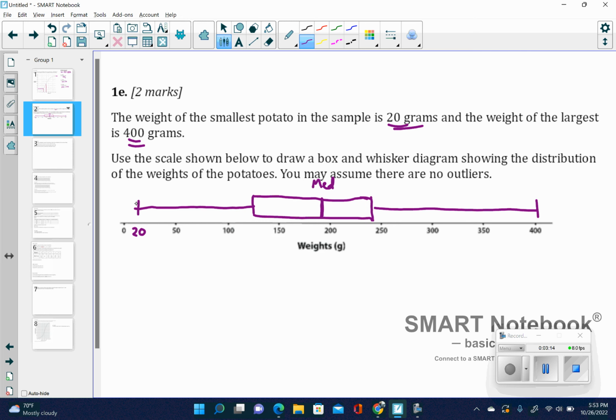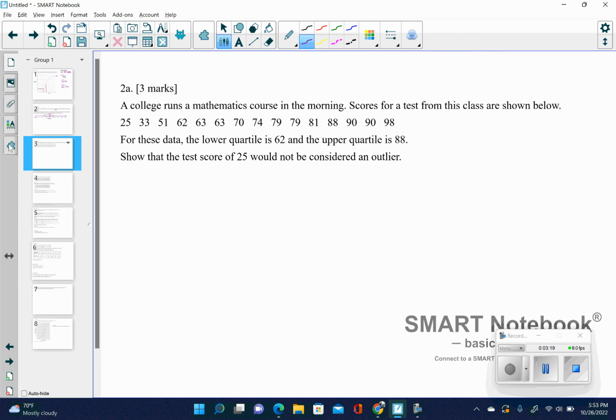Okay, all right, next. The next one is a straight calculator question, but you do need to know a formula for this. Since we're looking at the lower and the upper right here, 25 would not be considered an outlier. That is on the lower end of the scale. So the formula for the lower one is going to be whatever your,